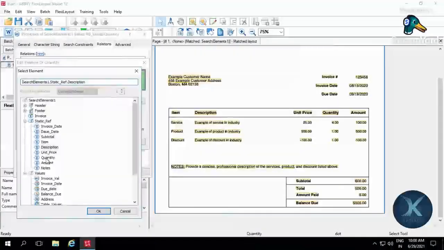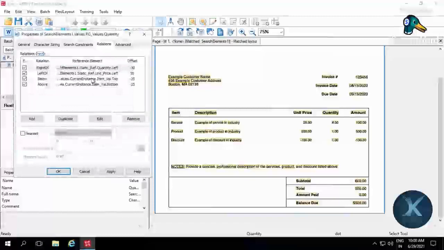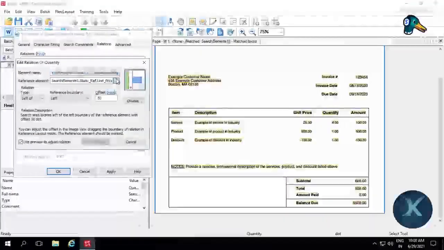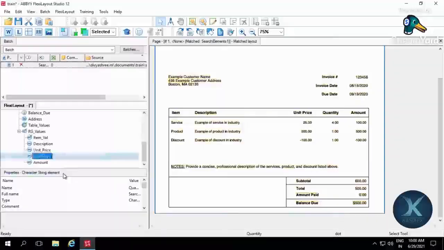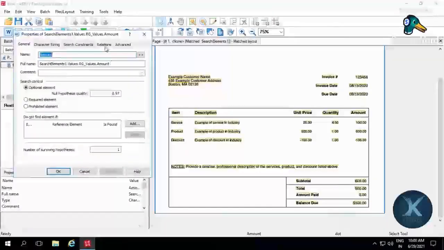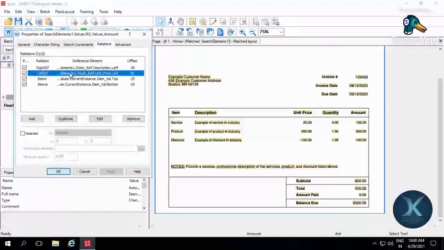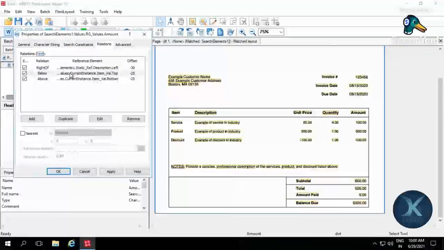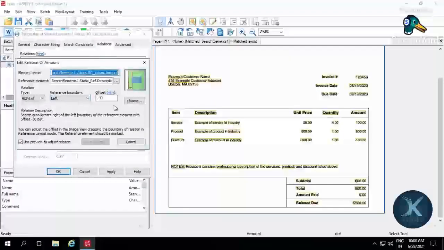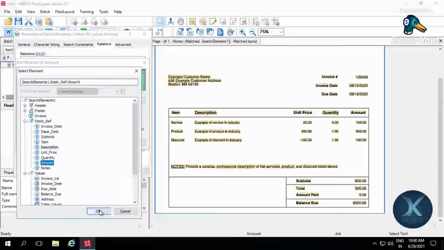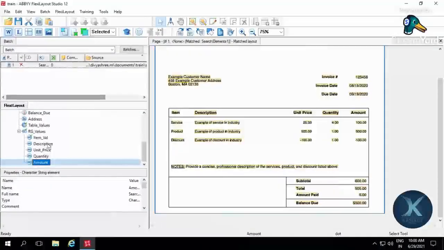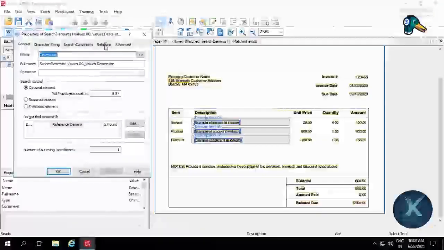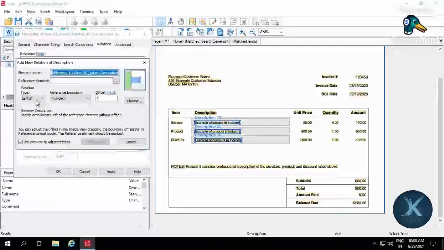With respect to the quantity, and then left of the amount. Save changes, apply, okay. And then again with the amount, we don't need to traverse the left side, so I'm just going to delete the left, and then define with respect to the amount, right? And also along with these relations, you can also define the relations with respect to each and every element,